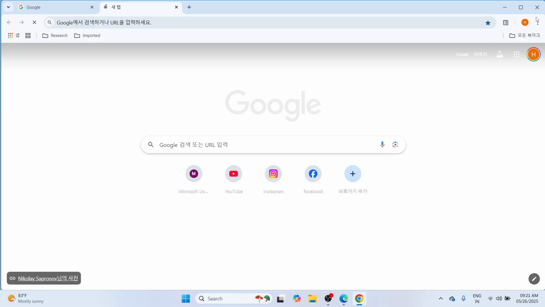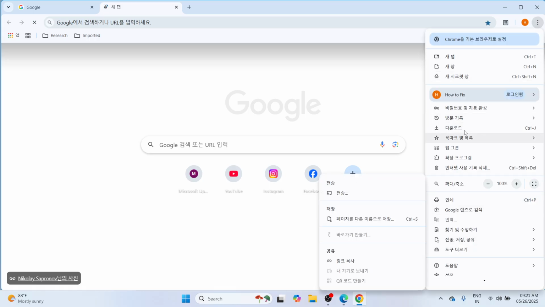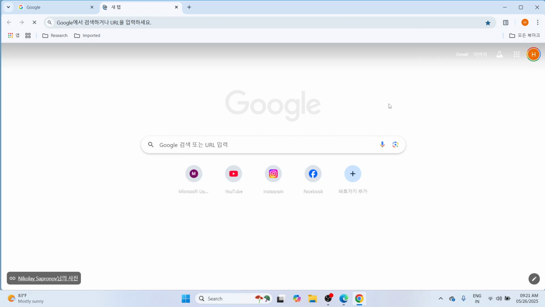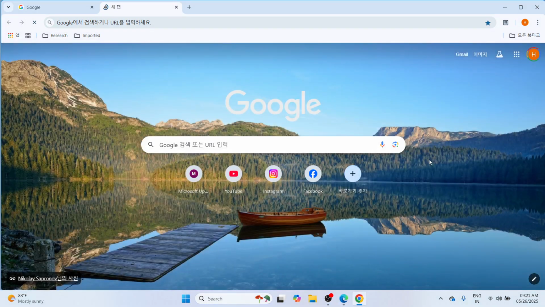If I navigate here to the three dots at the top right corner, you can see that the list of settings has been set into the Korean language. So basically, I won't be able to understand it unless I am a Korean speaker. In order to fix the problem where your Google Chrome has been set into a language that you won't understand, and bring this display language back to English, all you need to do is